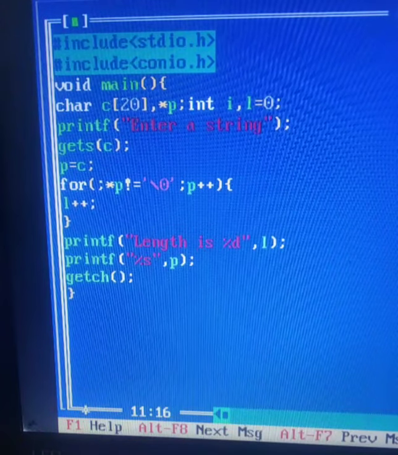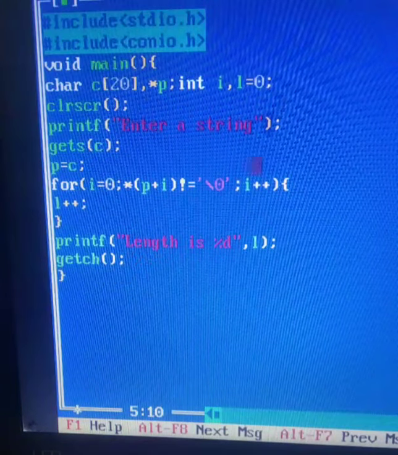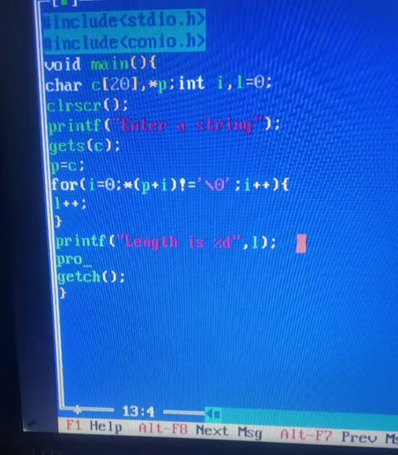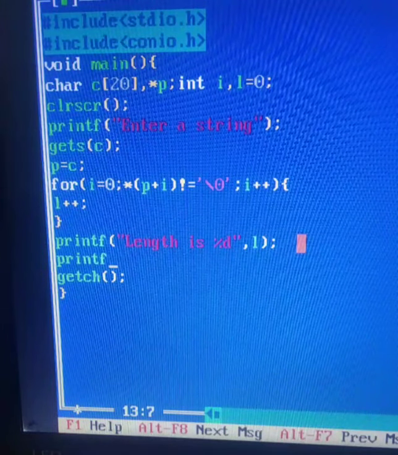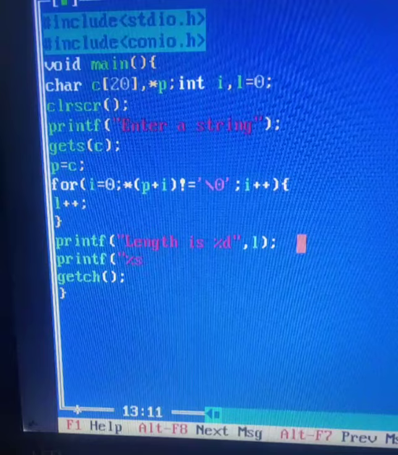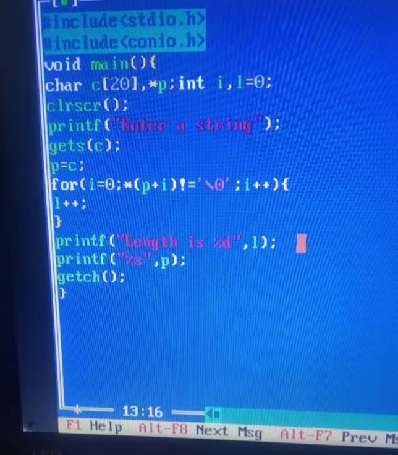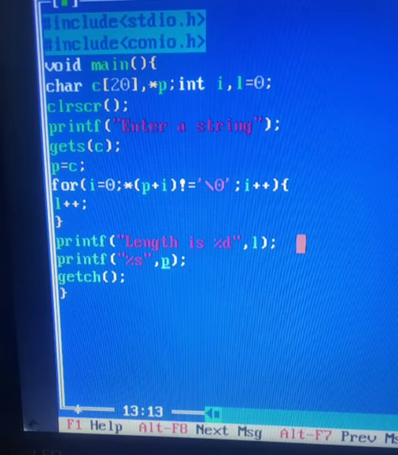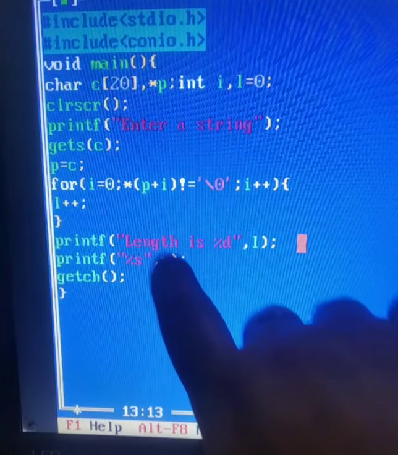And in the previous program, if I try to print my pointer with printf %s, p, and I write hello, I'm getting the word hello with the help of that pointer, because there the pointer did not move permanently to the null character.